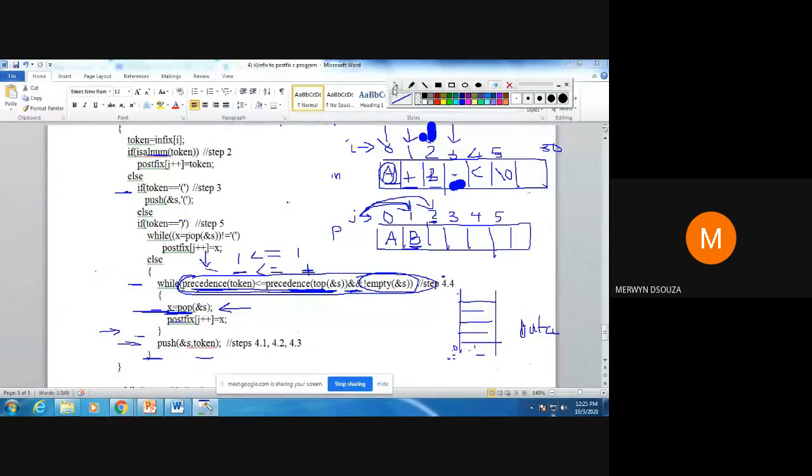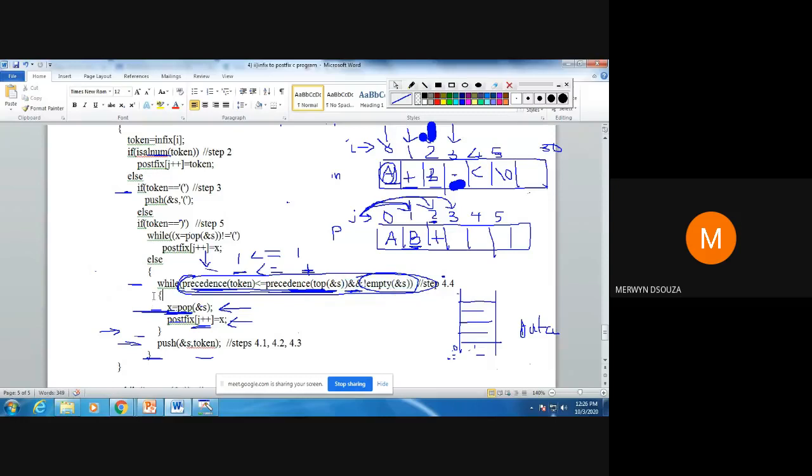Once you pop, plus will be added to the output. You will add plus to the output and increment the value of J. So now the J value will become equal to 3. Once you execute that, the stack becomes empty.